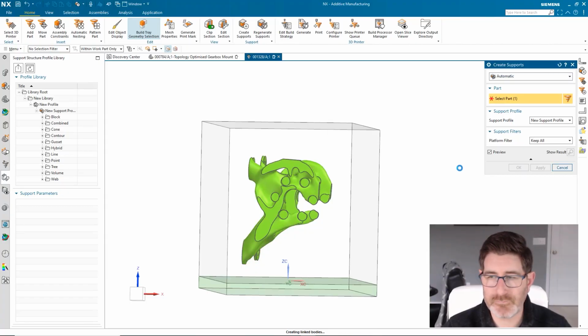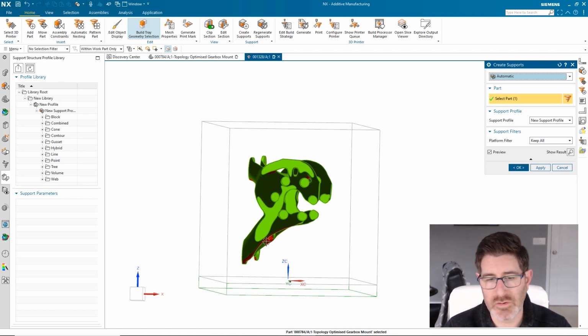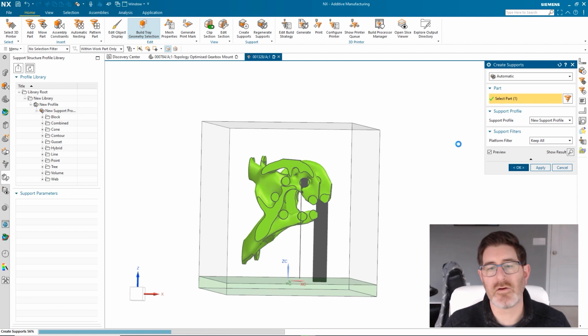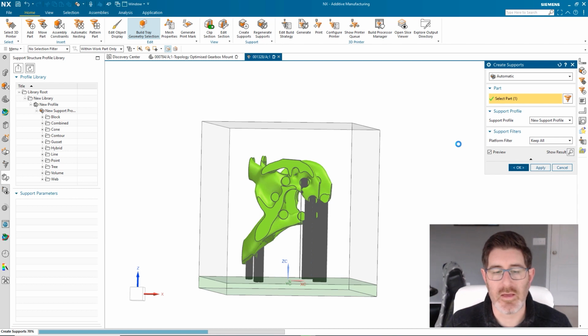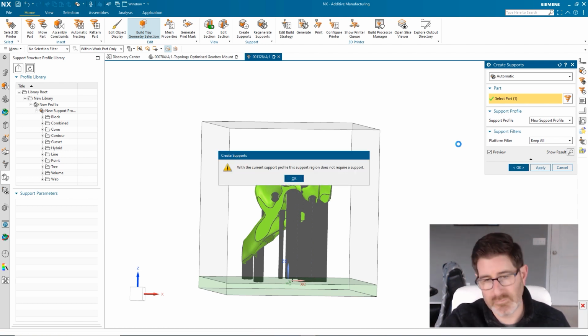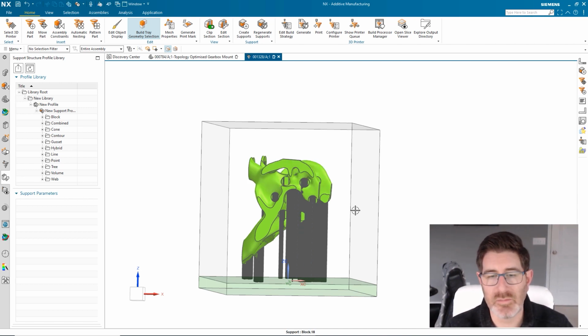So I'll select my part. I will get a preview, basically showing me these red areas down here where the part needs to be supported, and I'll say OK. And the system's going to go through and create support structures for my part so that when this part is printed, it's not going to sag or distort or have any effects of gravity on it, like you might see if you didn't support it properly. Now, it's not going to maybe support all of those red areas it showed me. It's going to do a further analysis once I hit OK, further analysis in the preview. So I may get a warning here saying that some areas didn't actually need support. Yep, just like that. But now we have a completely supported part.